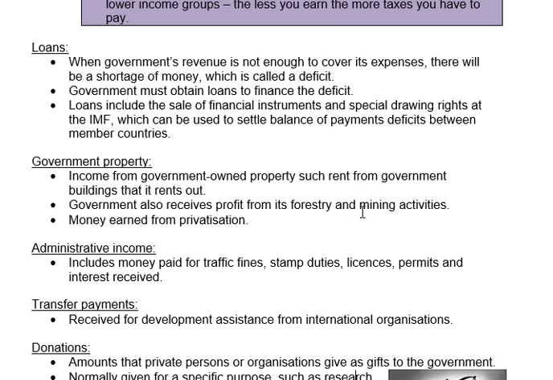All right, so taxes was the first source of income to the government. The second source of income is loans, right? We already said when the government's revenue is not enough to cover their expenses, once they've calculated how much revenue they expect to earn, and they know how much they need to spend, obviously there's a shortage, which we call the budget deficit. There's a deficit on the budget if the government expenditure is higher than their income.